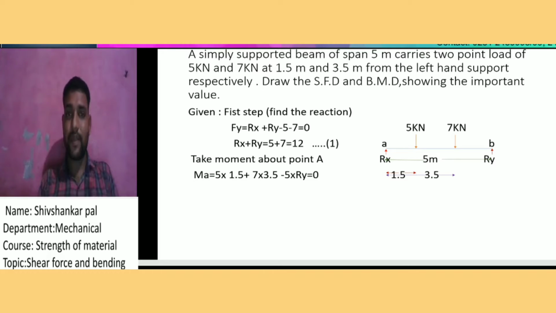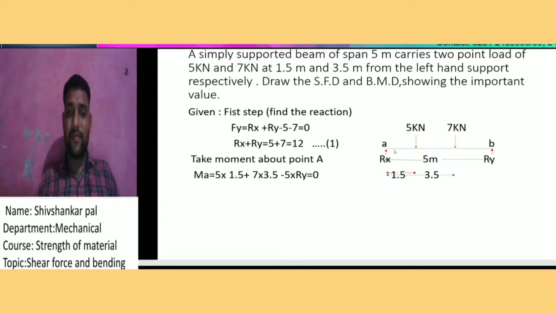Consider that the system is in equilibrium. When a system is in equilibrium, it fulfills three conditions: the sum of forces in the x direction equals 0, the sum of forces in the y direction equals 0, and the third is taking moments about any point, the sum of all moments at any point equals 0. When these three conditions are fulfilled, the system is known as an equilibrium system. So our first step is to find the reactions of our beam.